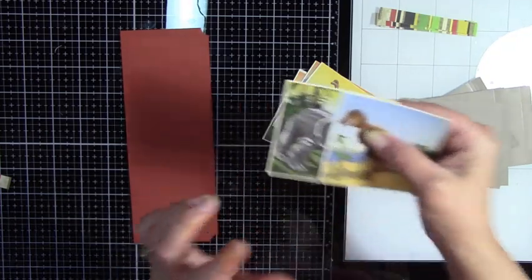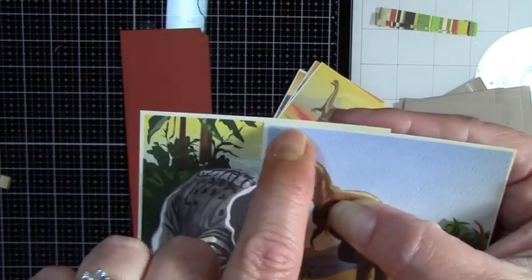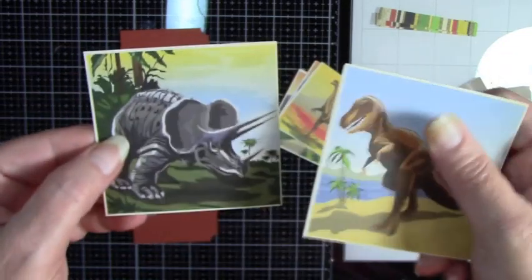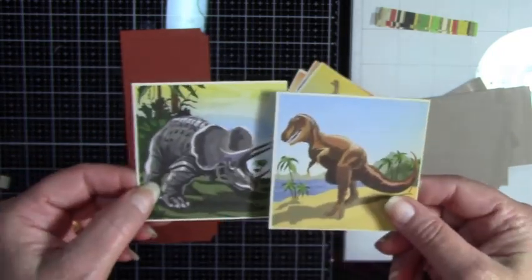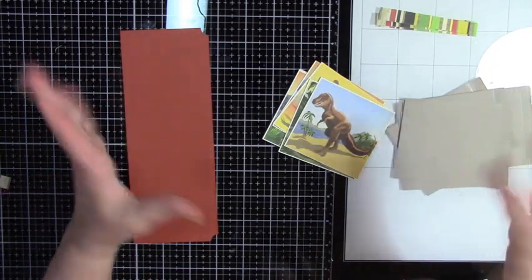I want you to see this. Can you see how this picture goes all the way up past the blue mark here? See that? So these pictures are on the same paper, but they are not the same size. So that can be very aggravating for a crafter. Very aggravating when you're trying to work with like 1/16 of an inch